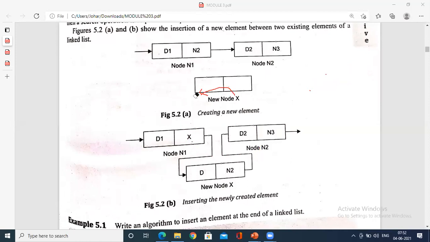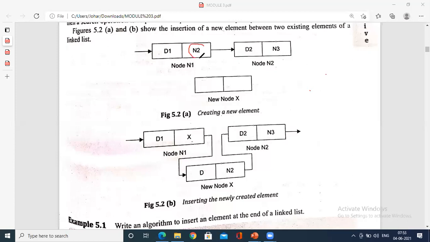Simple. How do you connect? See, D1 you will cross X. So node 1 part. See, from n2, what you are going to do is, see, n2 becomes x.